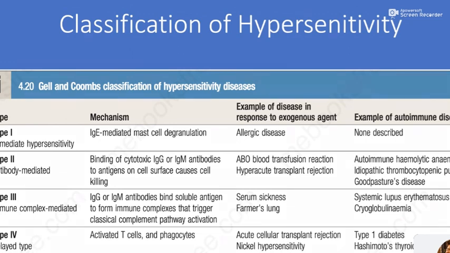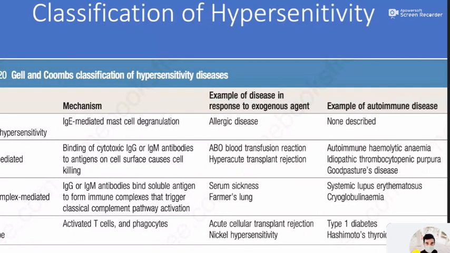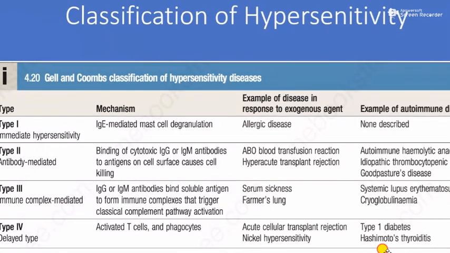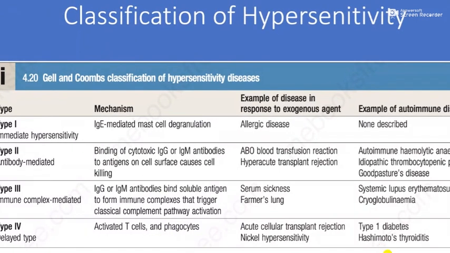Type 2 hypersensitivity reaction is antibody-mediated, and it results from binding of the cytotoxic IgG or IgM antibodies to the antigen on the cell surface and causes cell killing. Examples are ABO blood transfusion and hyperacute transplant rejection. The example of autoimmune disease here is autoimmune hemolytic anemia, ITP, which is immune thrombocytopenic purpura or idiopathic thrombocytopenic purpura,